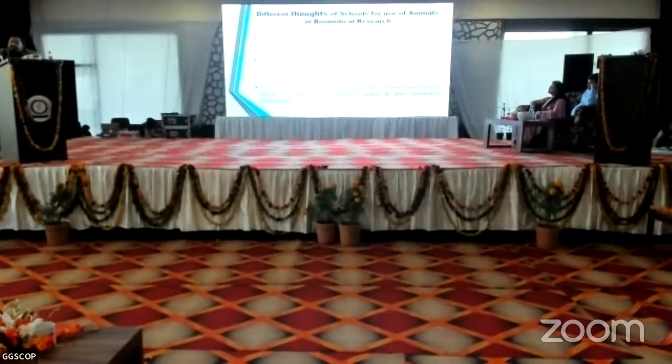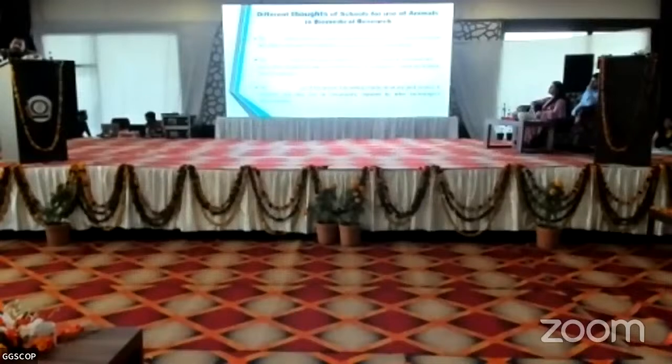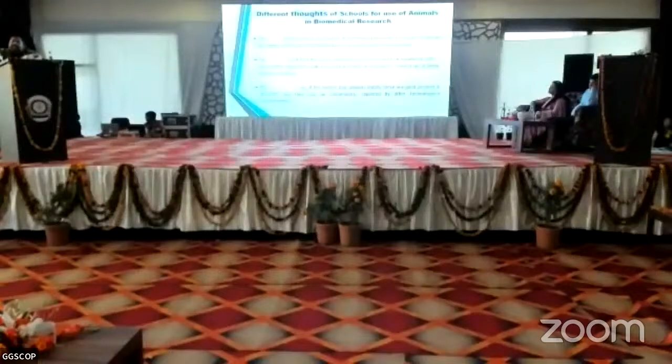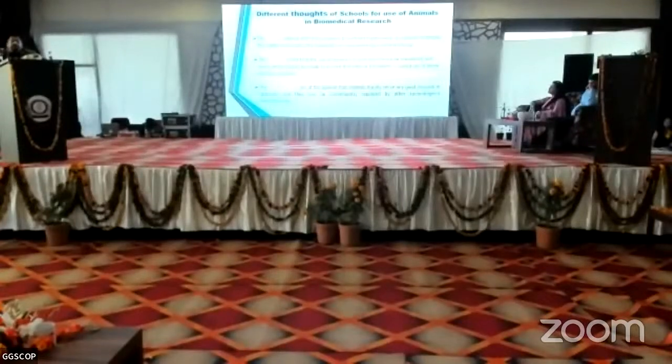Means they were not justified. Some of the monkeys were having broken teeth, broken nails, and abrasions, and all these things. And moreover, there was a change in the behavior. Monkeys are wild animals, but still they were in the cages and they were remaining there. And that is the reason why it was considered that if you are using the animals in research, then their use should be justified. They should be treated humanely. And that is the thought from the ethicists. What they are saying is that if you are using the animals, their suffering, their pain should be minimum.